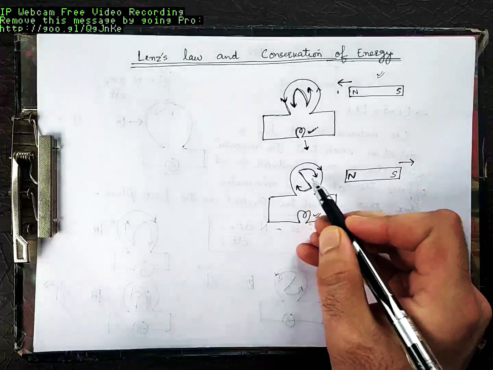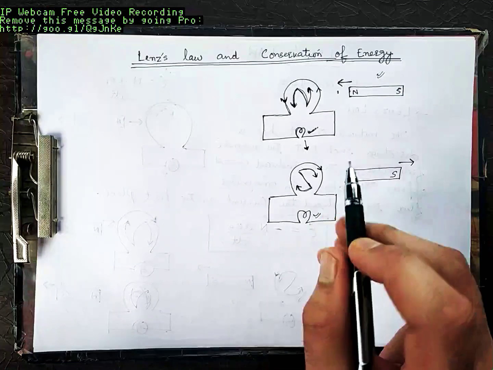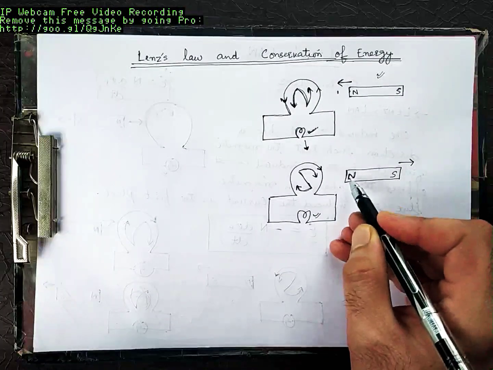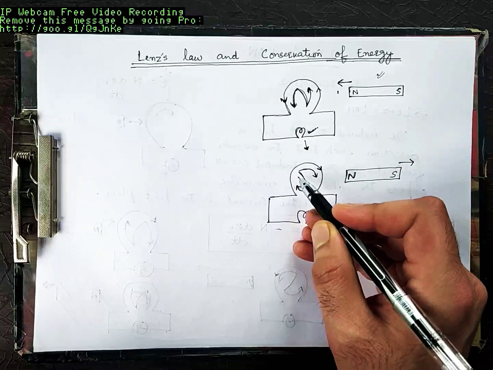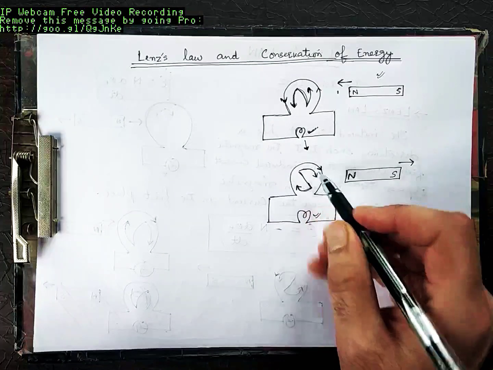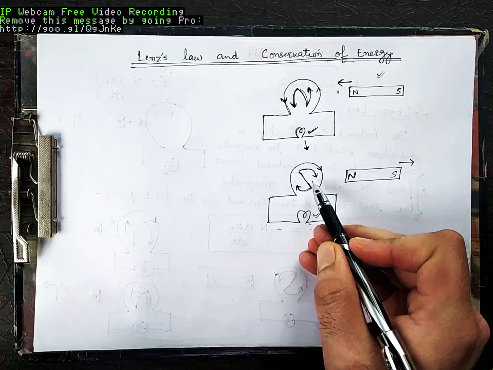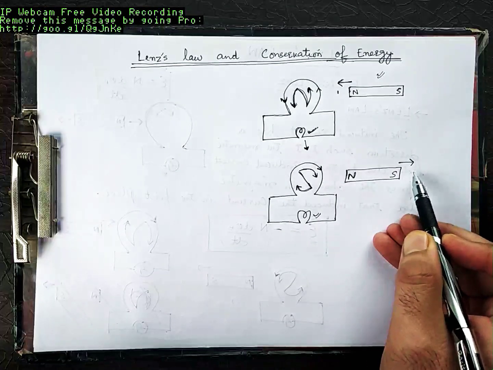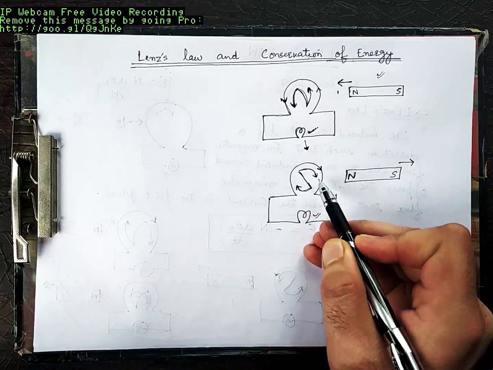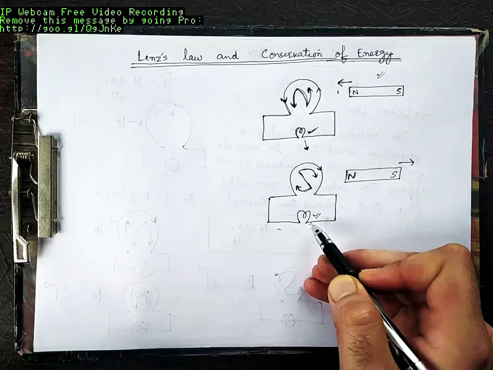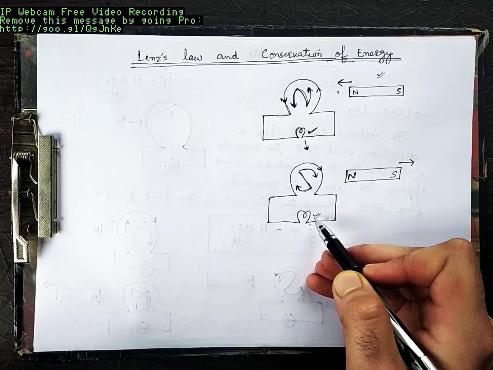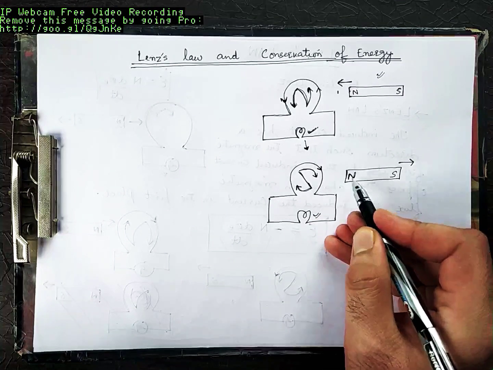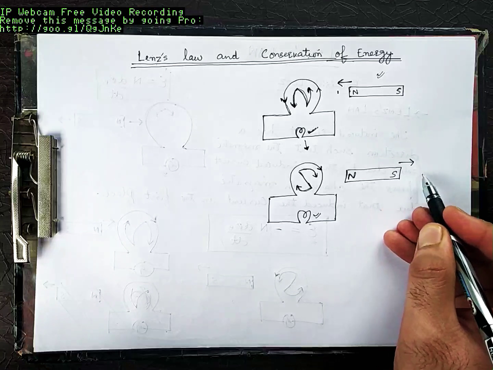Had this been not a South Pole but a North Pole, you are pulling this magnet away, you are pulling North Pole away from the coil, and suppose here gets induced a North Pole, then this North Pole will repel this North Pole. This will itself move away. Flux will change. When flux changes, this will glow. When this glows, that means you have electrical energy. This is North. This will again repel North.